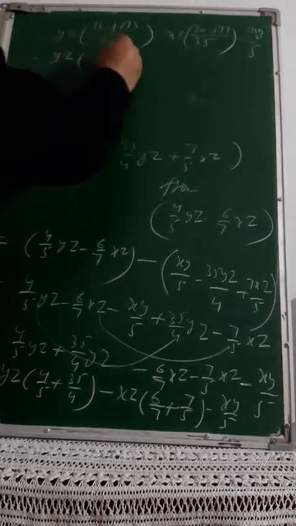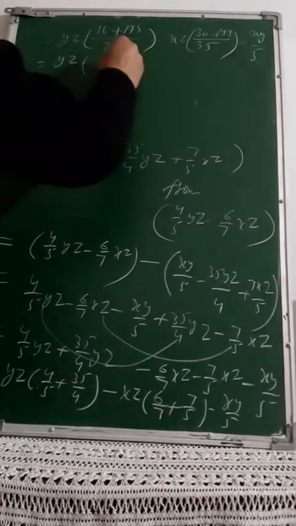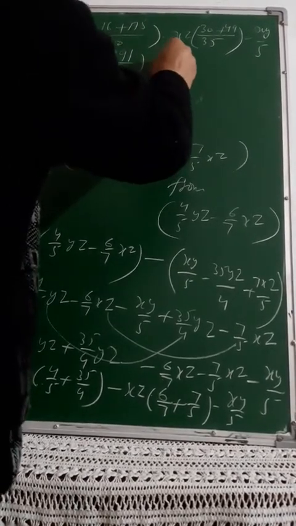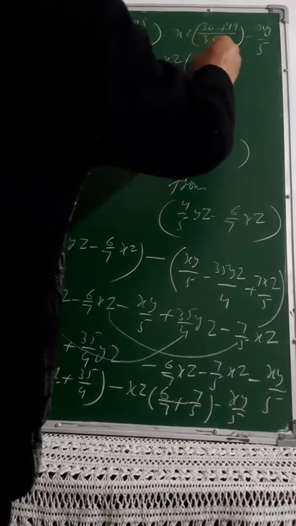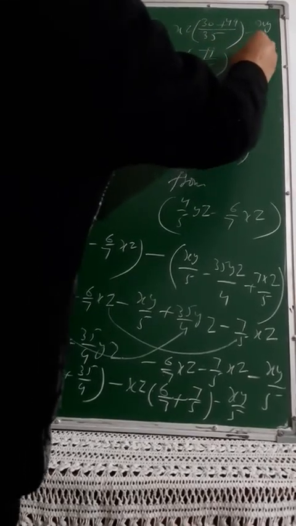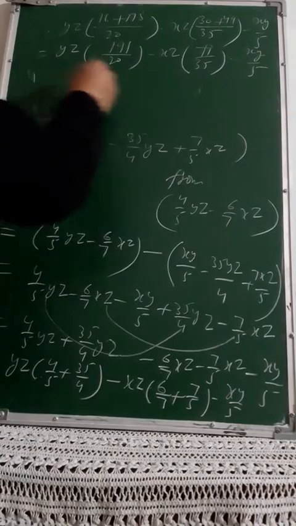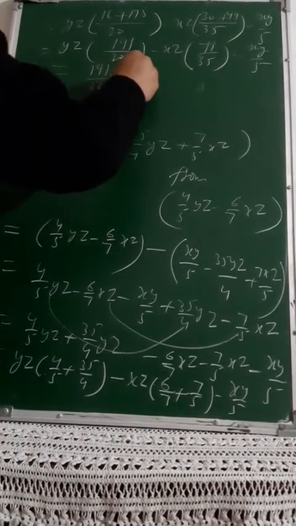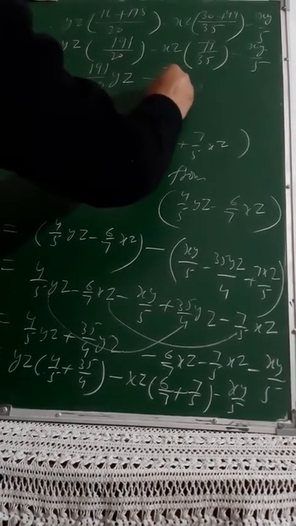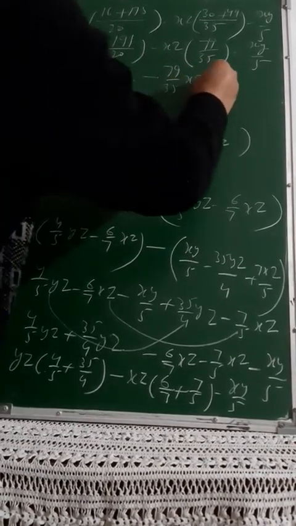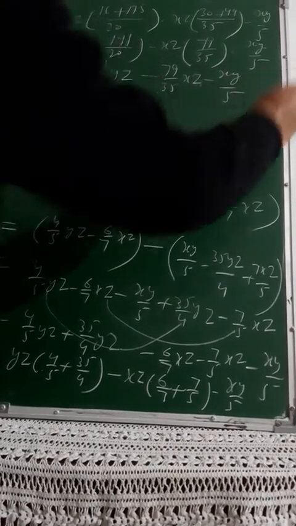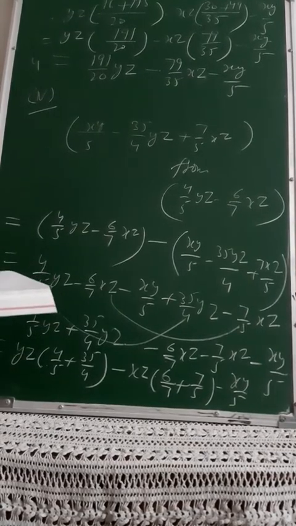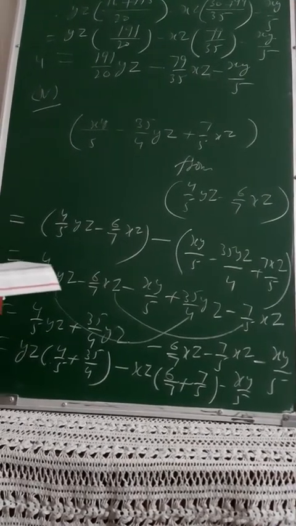yz into 191 upon 20, minus xz, that is 79 upon 35, and minus xy upon 5. So finally you are getting your answer 191 upon 20 yz minus 79 upon 35 xz and minus xy upon 5. So you can keep a check upon your answer also, and keep on trying these questions,